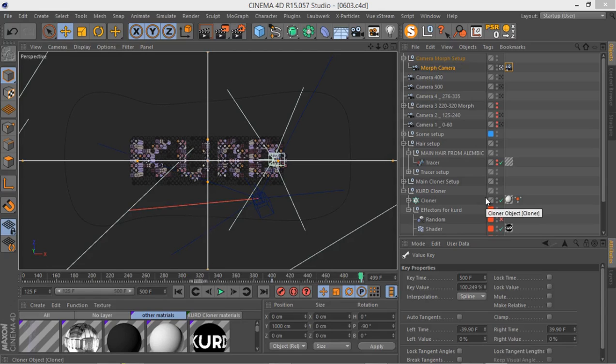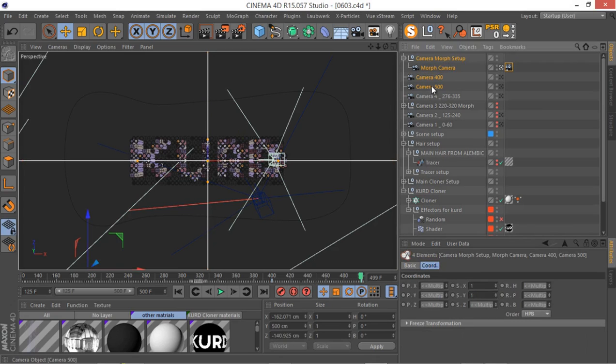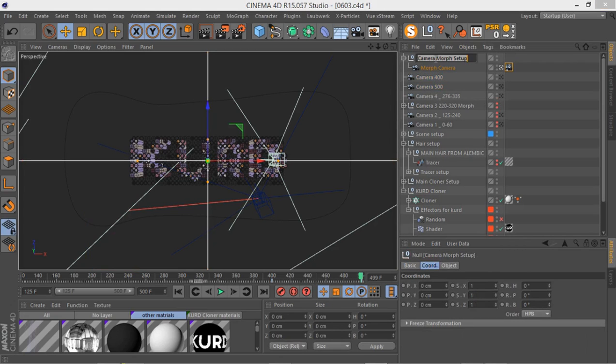Okay, so in this lesson we're going to be adding the depth of field, object buffer, multipass, and really I think we'll be done by the end of this lesson and ready to render. Just this final camera, let's actually name just camera